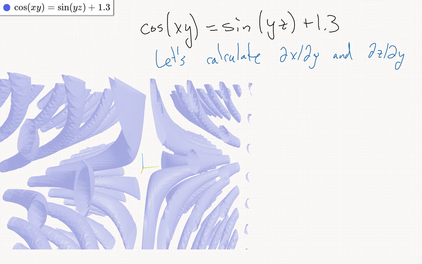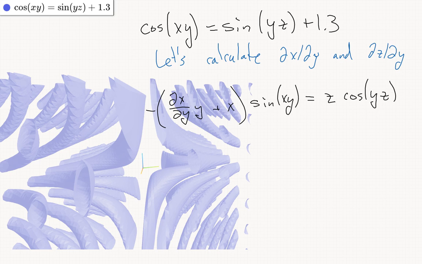So we'll take the partial with respect to y and hold z constant first. So that gives del x by del y times y plus x times sine xy, and then a negative in front. So we did the product rule inside. We did the chain rule and then the product rule for the xy. And then this is equal to, now z is a constant, so this will just become z cos